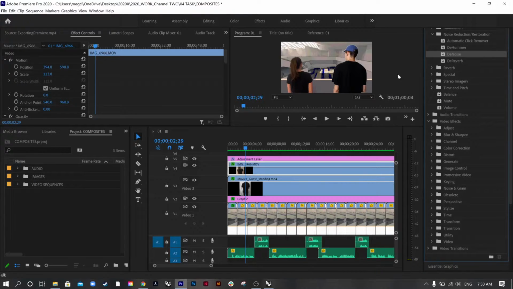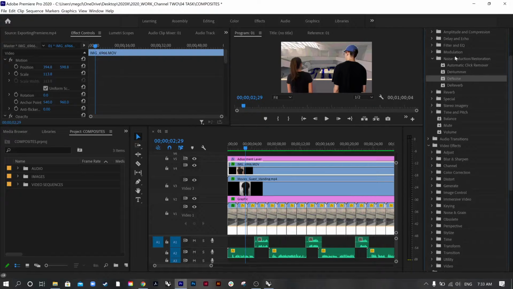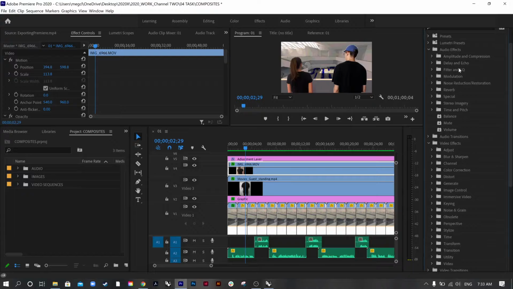You can even create different kinds of color corrections here in your video, or lighting changes, and even generate your own kind of video glitches, which is a lot of fun and might be more of the style that you'd want to try out. And the same with audio effects. So there's much more here to really explore. But in this video, the point is to create a quick understanding of